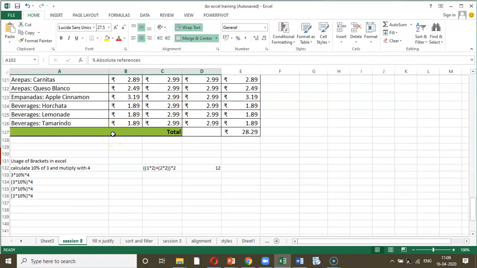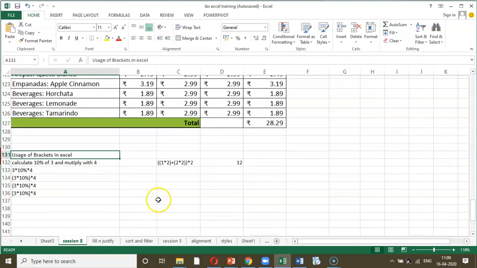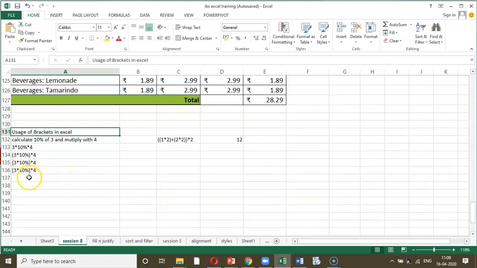Now let us spend some time understanding the usage of brackets. I have given you a scenario, and we know that we have three kinds of brackets. We have round bracket, flower bracket, square bracket. So let me understand, do all the brackets work in a formula or is it only the round bracket? So this is the plain text wherein it says 3 into 10% into 4%.